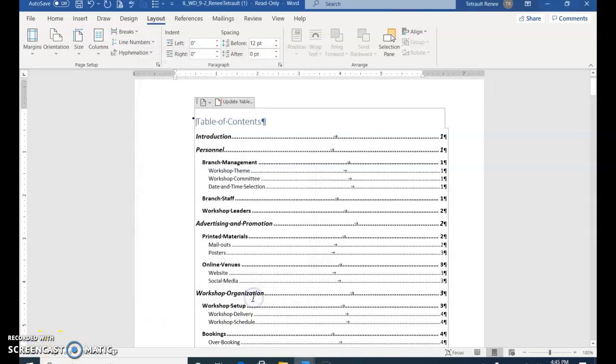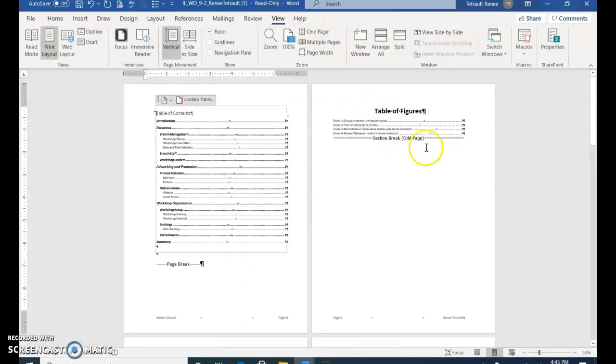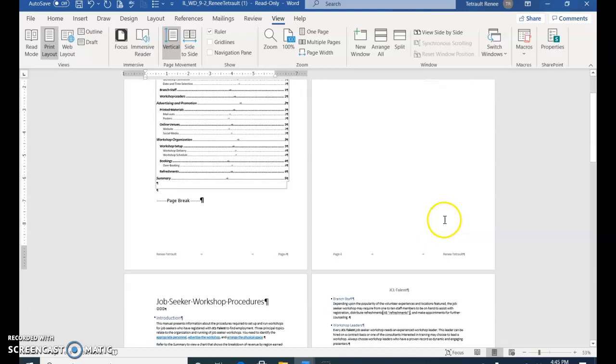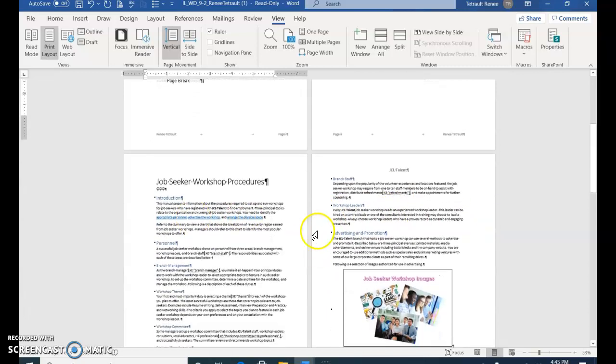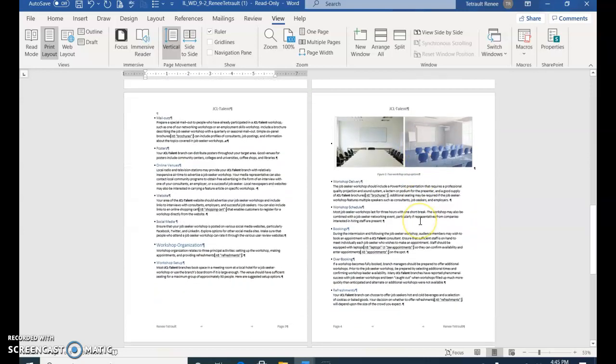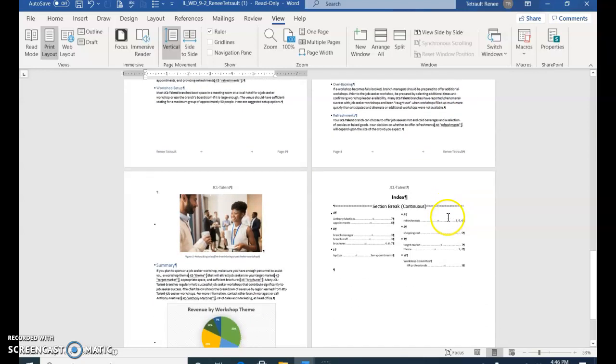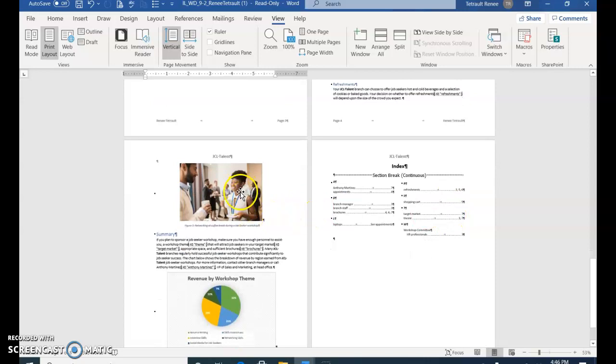Go ahead and click OK. And on the View tab, choose Multiple Pages. And you can see that it looks like the margins match on both the left side and the right side, like a textbook or a magazine. And we are going to continue this